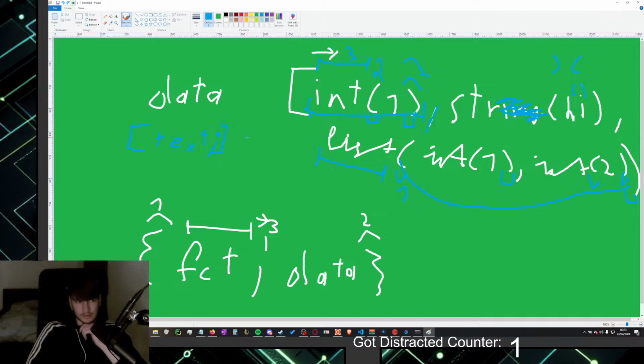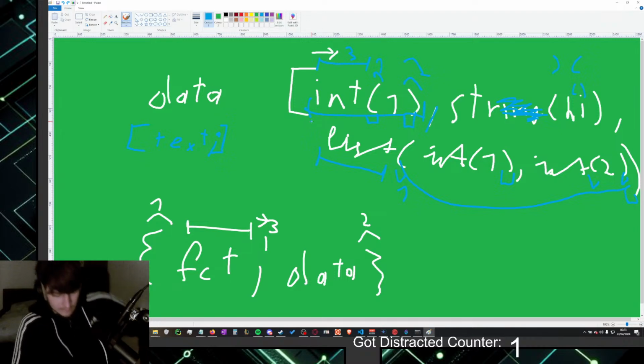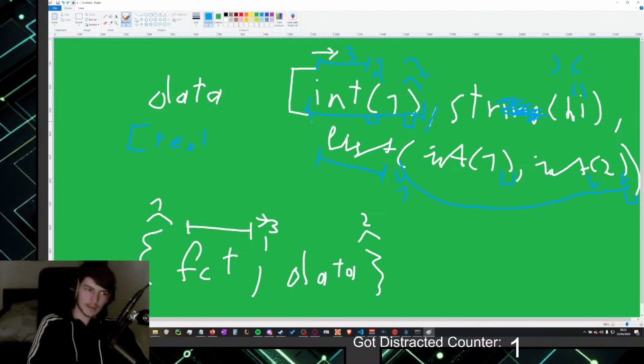So if you say text and then, I don't know, leak data or something. So that's the basic idea. Why am I explaining this? I don't know. Has nothing to do with the rest of it.